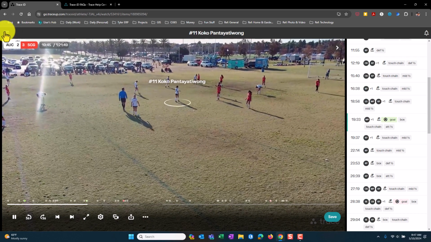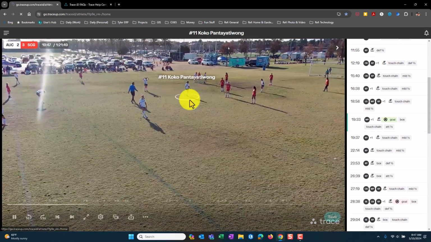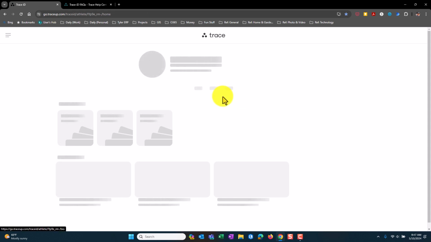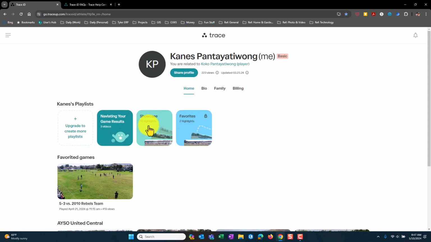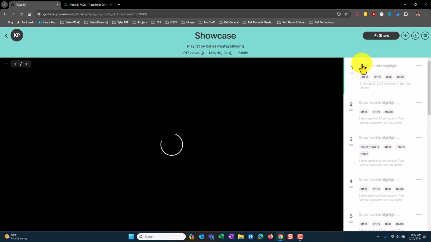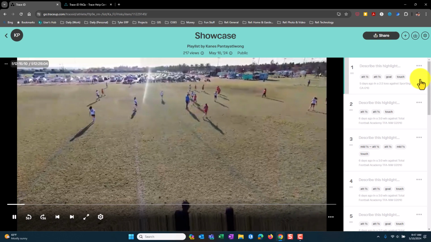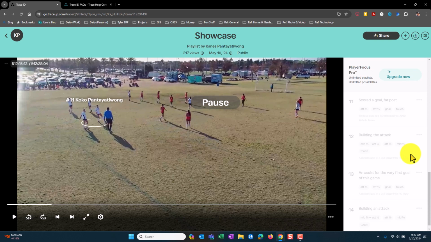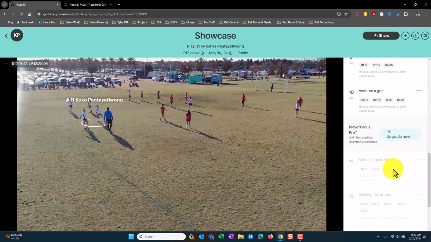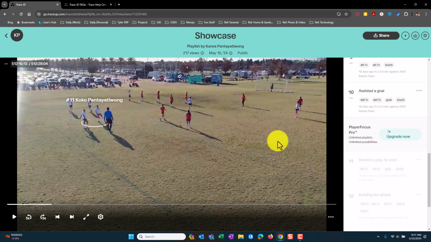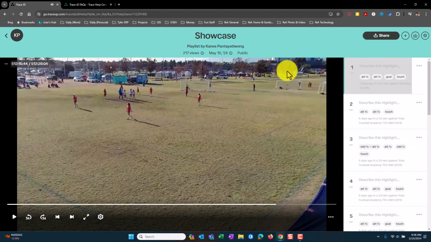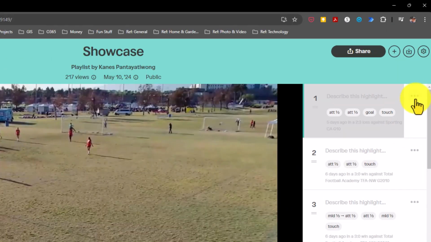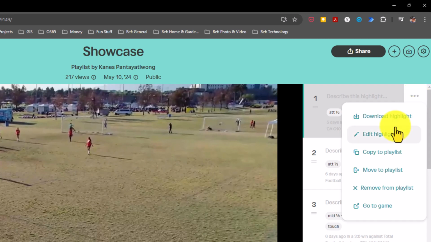Now we're going to go back to the playlist. Click on the playlist, the showcase, and you will see the clip at the very top. Now, what you want to do is shorten this clip to where the action actually took place. To edit the clip, click on the three dots, select Edit Highlights, and you will be presented